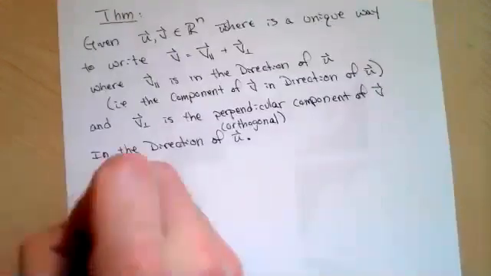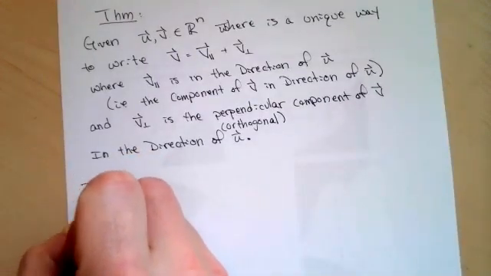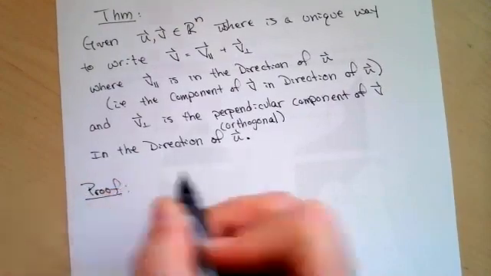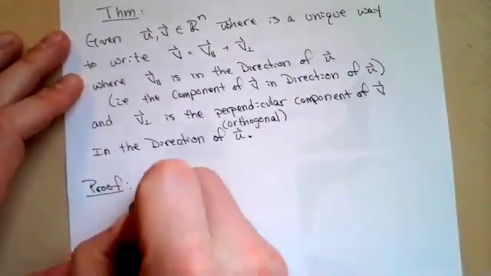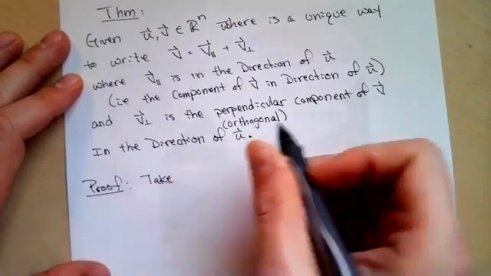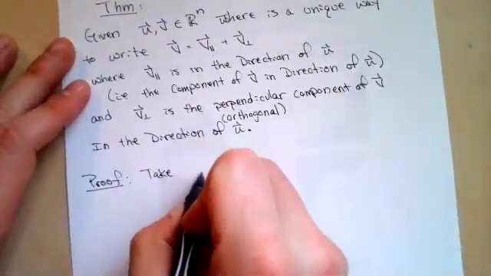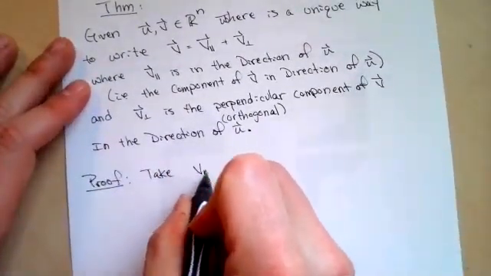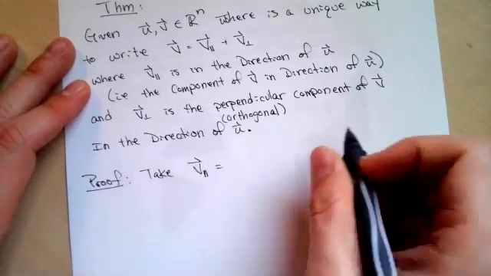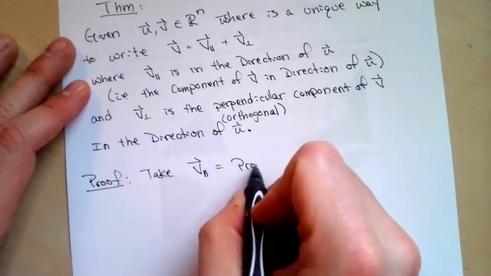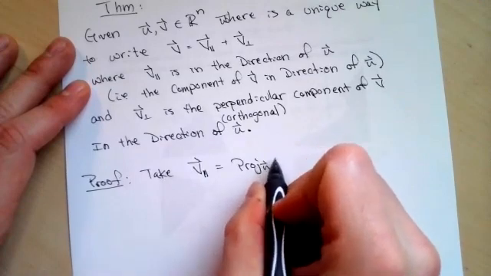The proof is fairly straightforward. It'll be better to do an example. Let's write down the proof and then show an example. So we will simply take v parallel is the projection onto u of v,